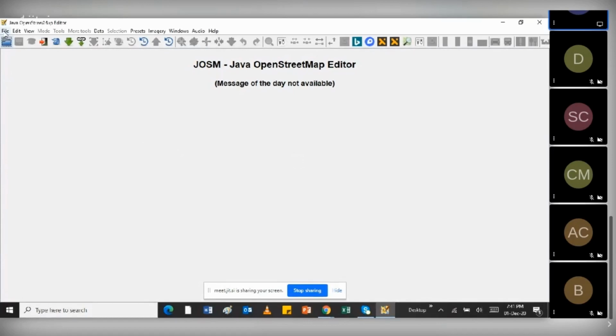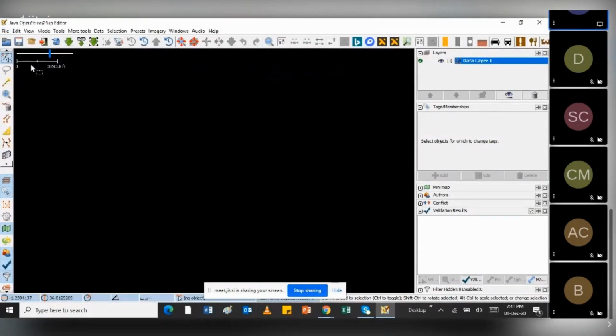For this case, I'll just open a new layer, just to show some of the basic editing tools. Then from there, I'll move to how to download the data, make edits, and upload to OpenStreetMap. Remember from the previous training on iD editor, we had three editing tools.